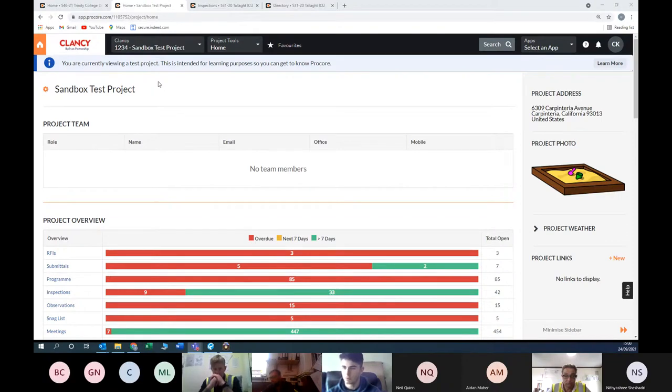And what that does is it brings up, say, whatever you want to do with that room. All the different tools will come up for that room, say for the likes of observations, photos, RFIs. Once you scan the QR code, you can bring up all the information to do with that location on site, and all the information on Procore will come up in front of you